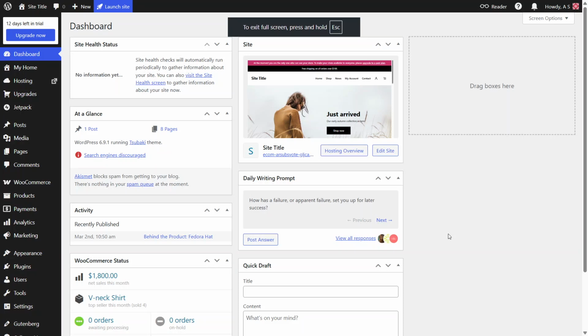In today's video, I'm going to teach you how to get product SKU in WooCommerce. First, make sure you're logged into your WordPress admin dashboard. This is the main control panel for your site, and it's usually where you manage everything from posts and pages